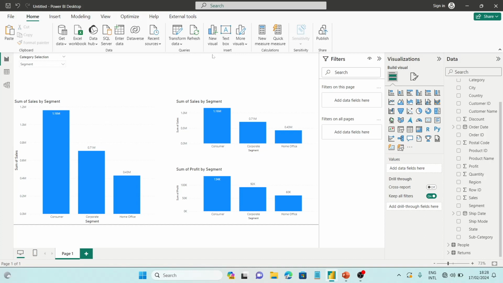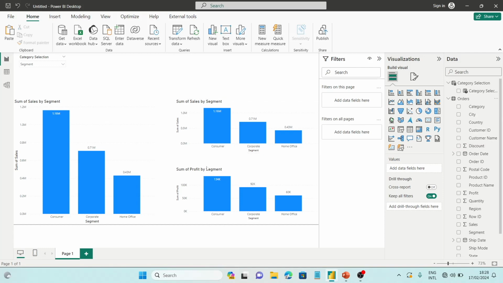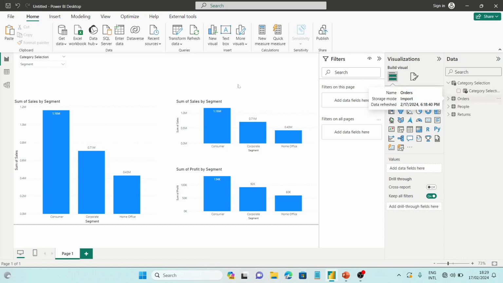So we have seen it from the category side. Now we are going to see it from the measure side. Measure side is a bit tricky. It's not that straightforward, the way you did for category. So I request you to stay on the video and learn something on this part. So let's go ahead and create another